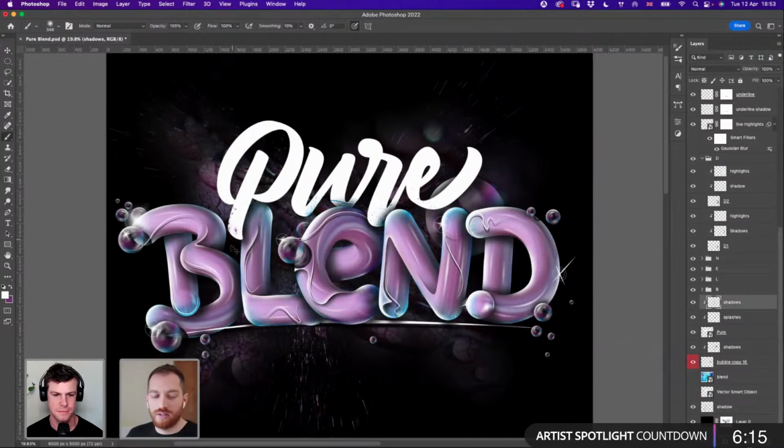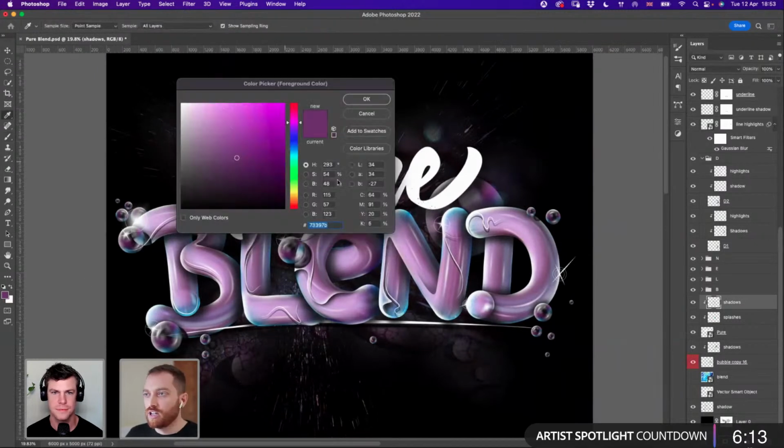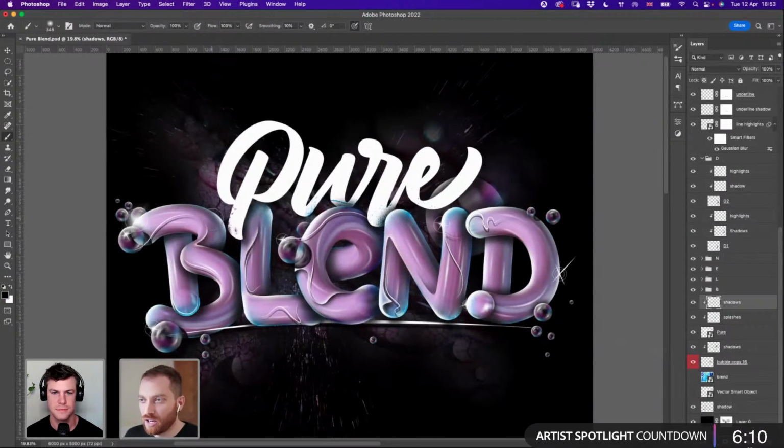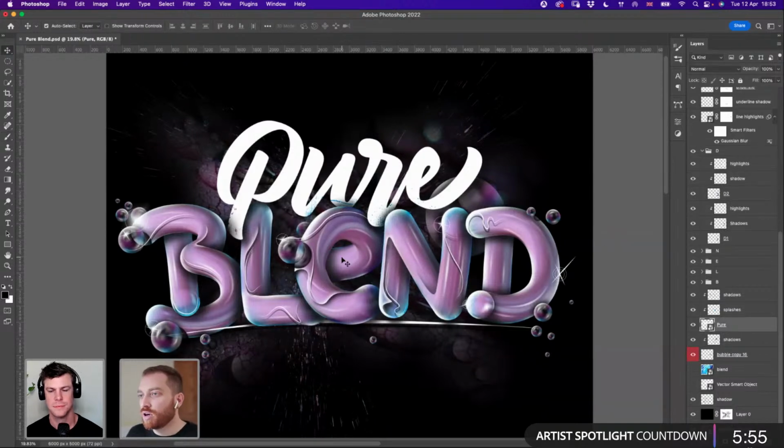Yeah, exactly. I'm just having a look now and see some things that I would like to adjust. I'm adding random stuff, like we can add some shadows here. So the word pure, I would like to make a stronger shadow, like there's an extra light, which will give a clear shape of the word. Let's try that and see how it looks.